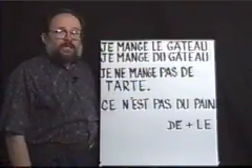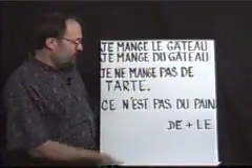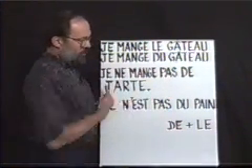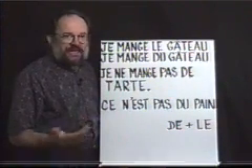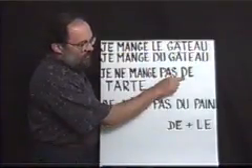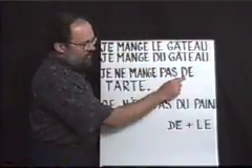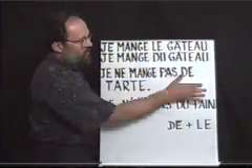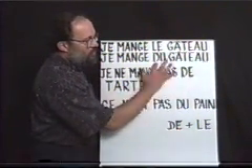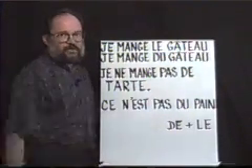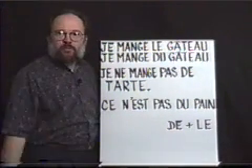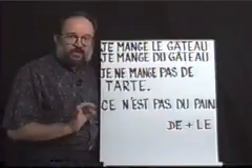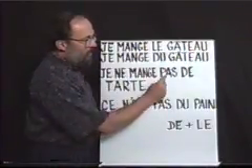In a negative construction, something interesting happens. Je ne mange pas de tarte. I do not eat any pie. What has happened to the partitive in a negative construction is that the article part has disappeared. Now, instead of du as you had here, you have de, for instance. Or de la would also become de. So anytime you have a partitive in a negative construction: ne, pas, de.